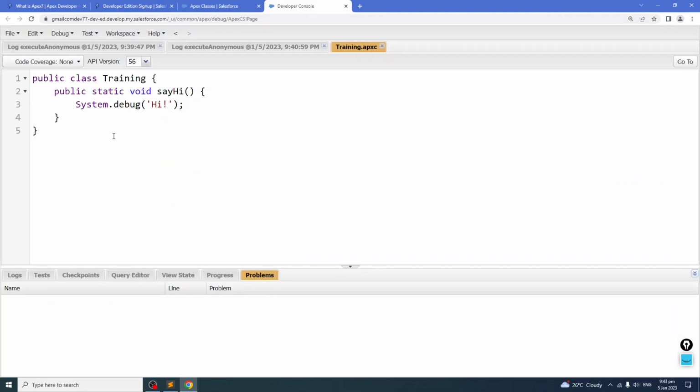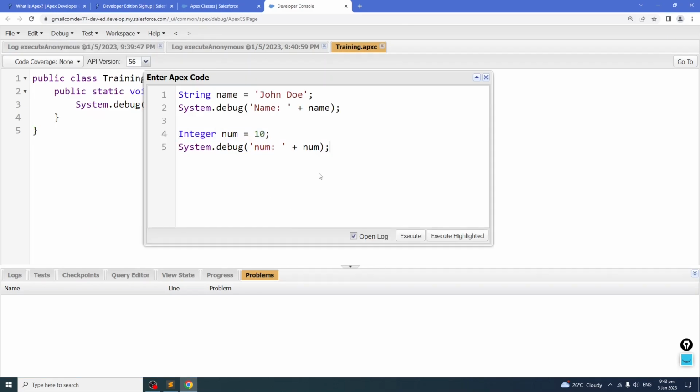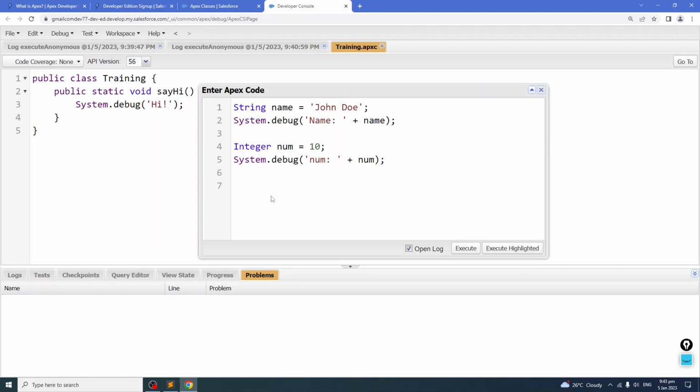And then we'll go back to the developer console. Now, next question is, how do you run this one? Okay, so all you need to do is go back here, debug, and go to the anonymous window. And then we will actually call the actual class. So since this is a static method, you can just directly say training dot say hi. So as you can see, there's like a hint there. So all you need to do is click it,